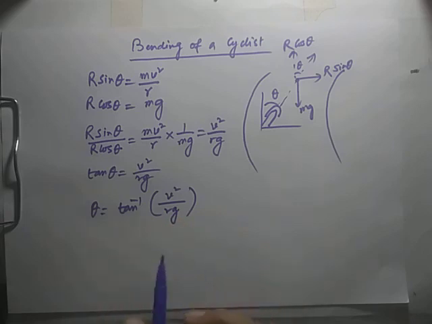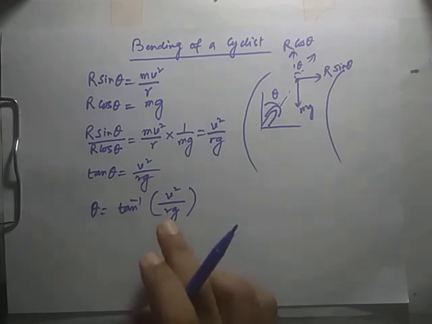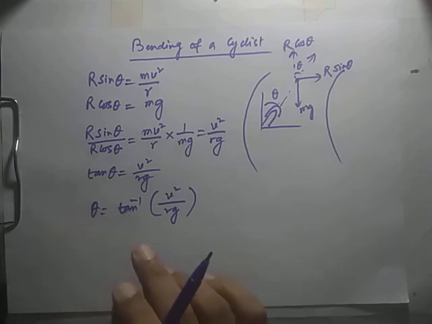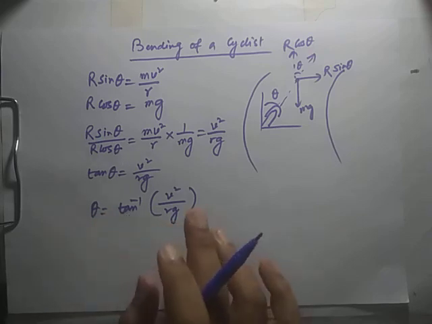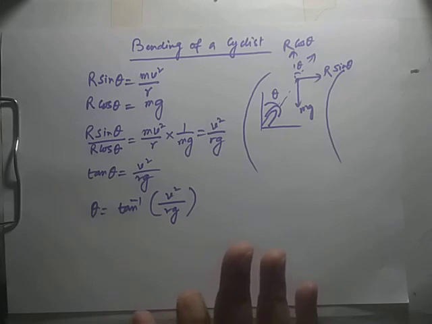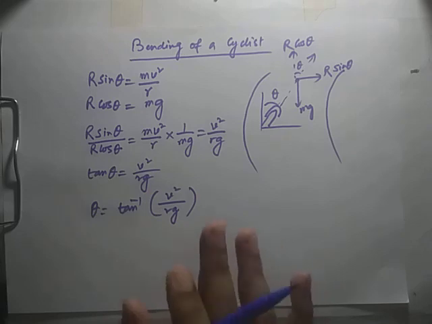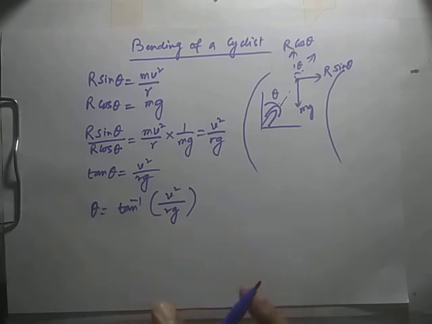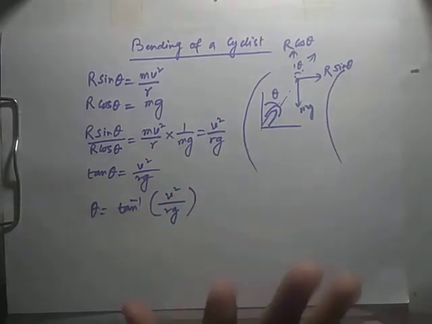So that is the angle. It clearly depends upon the velocity at the place and the radius of the curve also. So for a sharp turn, theta should be less than this value, and theta will be small if v is small and r is large. So the turning of a cyclist should be at a slow speed along a track of large radius. So this is the thing, and thank you very much.